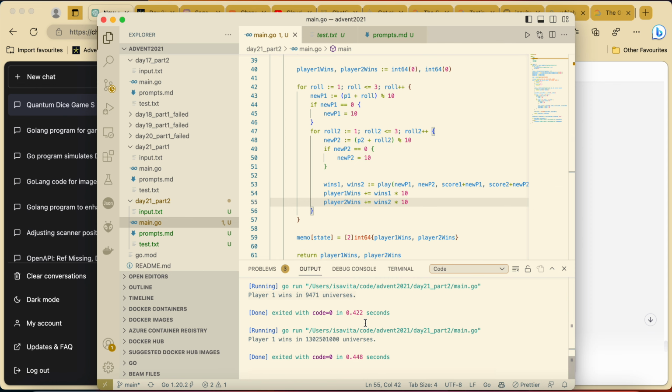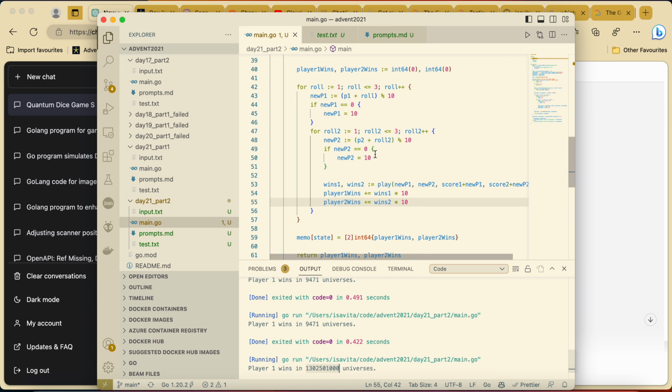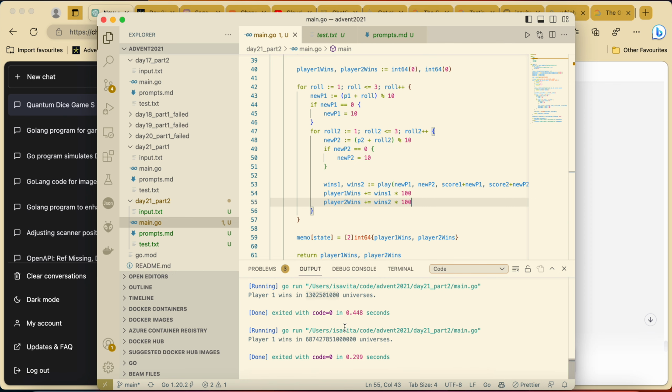If I multiply it like that, I'm getting a completely different solution, because I have from 1 to 10. If I multiply it by 100, I'm going to get, yeah,